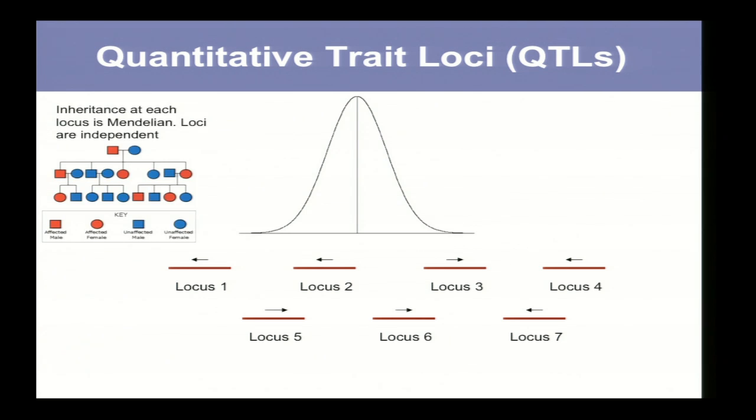And the key observation was that if we assume that every single locus follows the laws of Mendelian inheritance, segregates in the population, however, additively, they impact the trait, then we observe all the statistical properties known to biometricians. We would observe heritability, similarity between relatives. We would observe normal distribution. We would observe regression to mediocrity and other properties which people in agriculture and evolutionary biology knew. So what this paper did, it explained genetics of complex traits in the language of Mendelian genetics for individual loci.